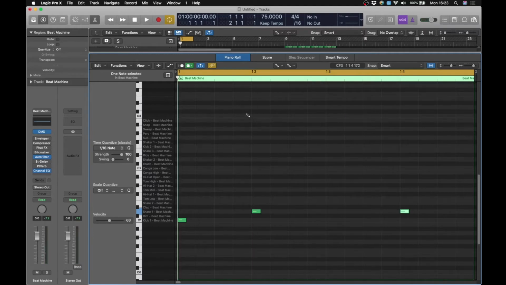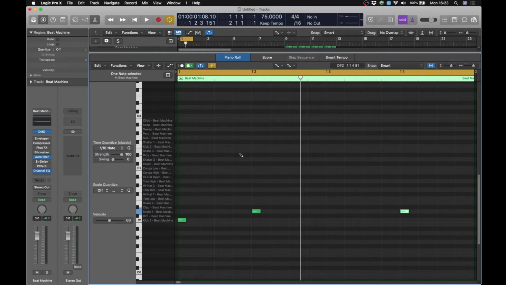And even if we just start off with that, you can hear the bare bones of a drum beat. Obviously, it doesn't sound very interesting at the moment, but that's where we're starting off from. Now, in a real drum kit, there are certain rules that you don't kind of pay attention to if you're